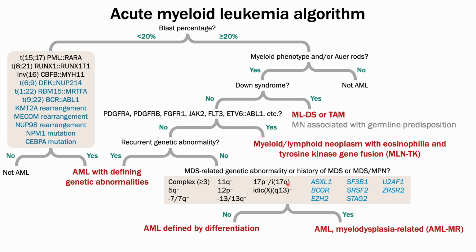These are p53 deletions. And we also look for mutations in these genes. And if it has one of these genetic abnormalities, or the patient has a prior history of an MDS or MDS-MPN, then it falls into AML myelodysplasia related, which has unfavorable prognosis. Now, if we've excluded all of these things, we finally get to AML defined by differentiation. And so most of our algorithm at this point has been based on genetics, but with AML defined by differentiation,